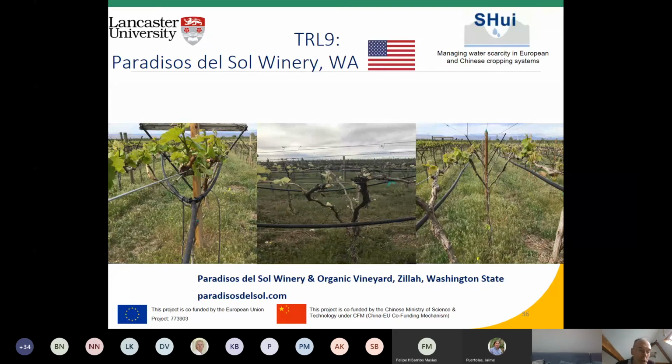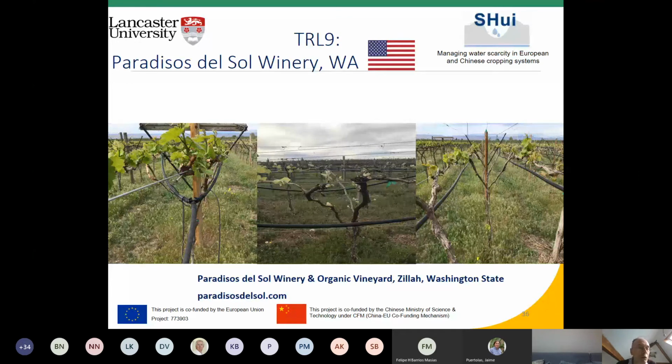For him, partial root zone drying is being applied as a part of a wider series of innovations, including the use of cover crops and various other organic farming techniques, and certainly reduction in pesticide application, particularly for mildew, has been one of the benefits he has had on his particular vineyard. I think it's perhaps a bit more difficult to understand, given that he's invested in partial root zone drying throughout his operation, whether this is a